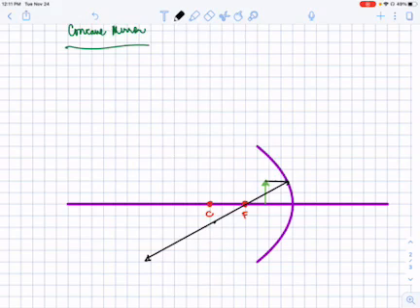Next, rule number 2, the ray will pass through the focus and then parallel. We cannot do that yet because look at the image. The image is formed also at the focus. Okay, so we can use rule number 3, and that is from the top of the object passing through the curvature. It will pass through the curvature. So from the top of the object,